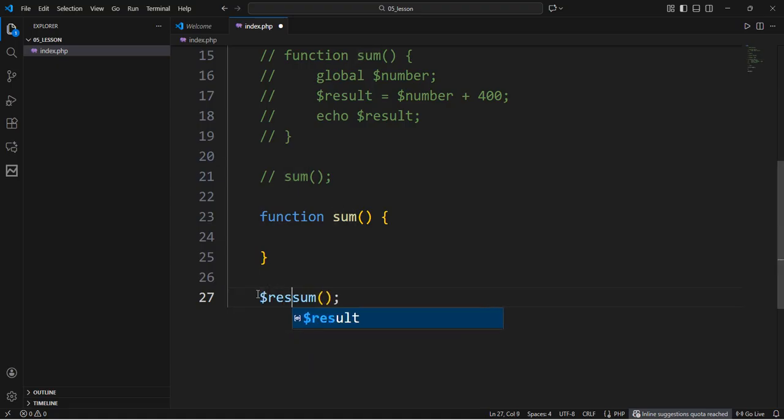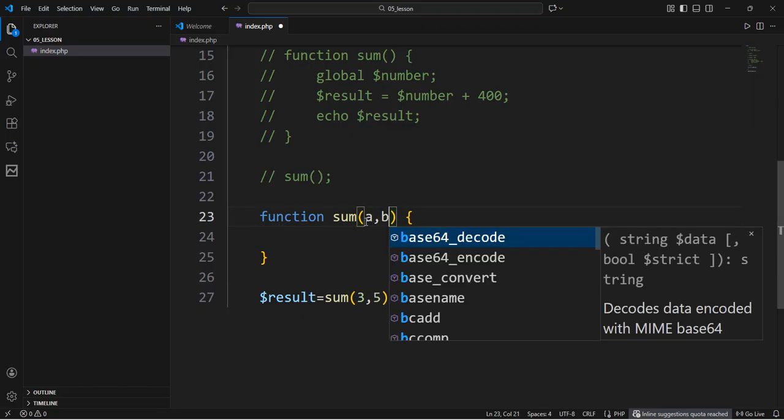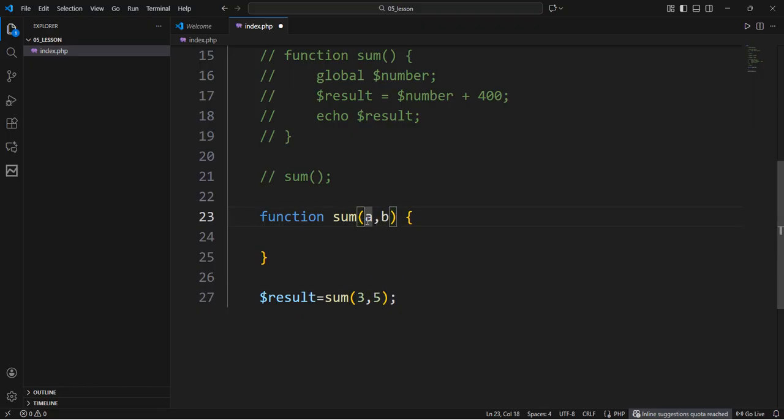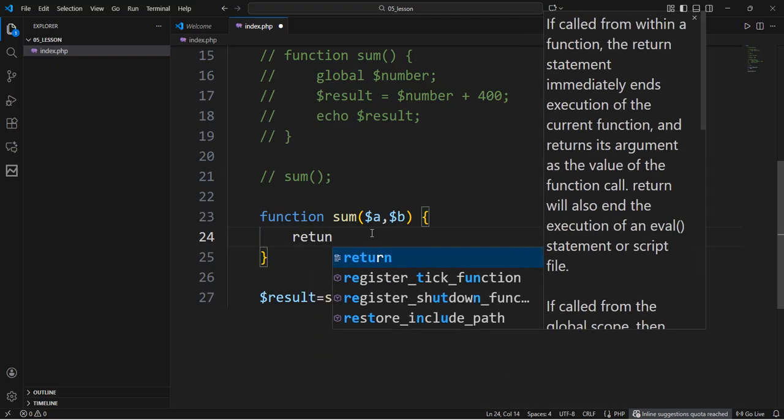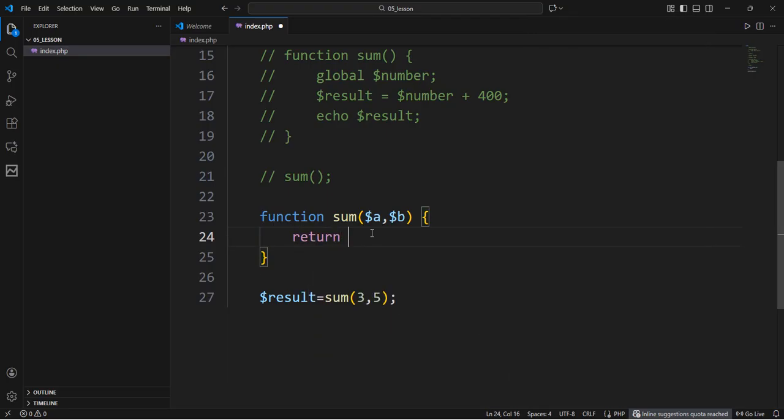Let's give this a result name, sum, and we can pass a parameter to be 3 and 5, and here will be $a and $b. And we can return here to be